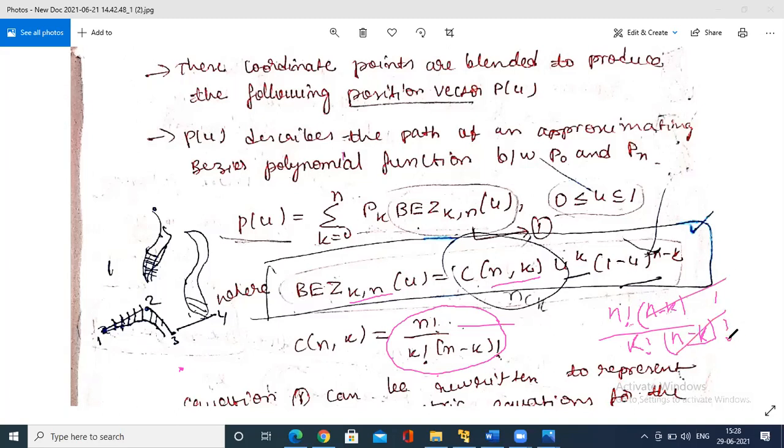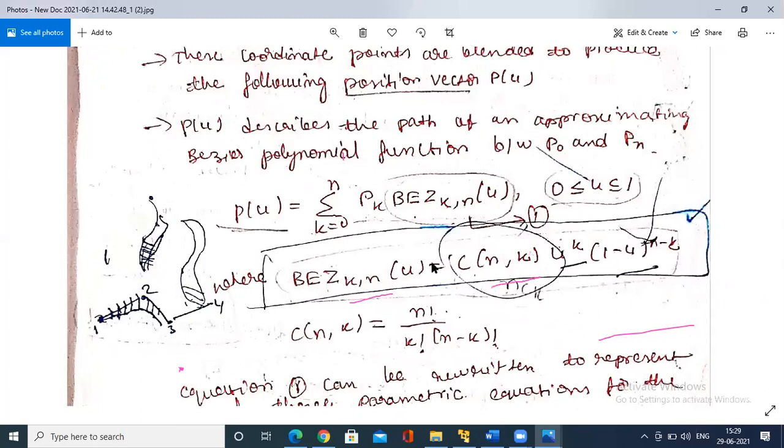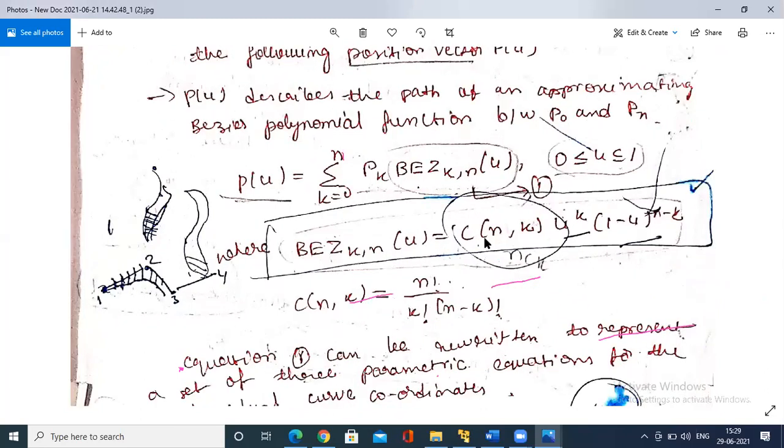So it is cancelling. So I should compute the numerator, n factorial till n minus k. I hope you can understand. I have to compute n multiplied down to n minus k, divided by k factorial. So same thing I have shown you in the program. So let me proceed with this Bezier. This is a Bezier curve, and for the Bezier curve we compute C of n,k.